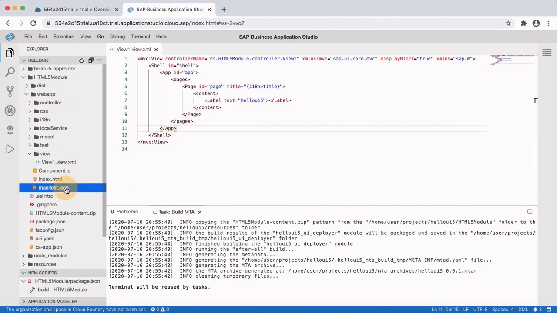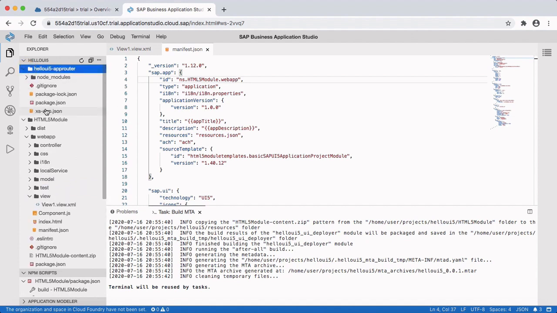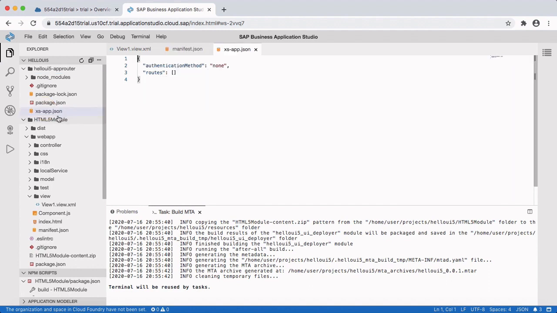Now I'll go to manifest.json file and I can see this application is redirected to namespace.html5 module. So we will add just the webapp folder so that app router will navigate inside this webapp folder. I'll save it. Now I'll go inside app router folder, access xs-app.json file and add a welcome file here.